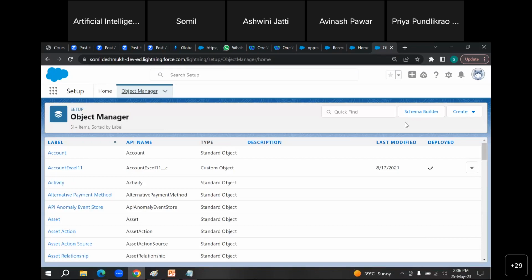When you are learning Salesforce, or when you are learning CRM, you should know the exact working of these clouds, or these applications.